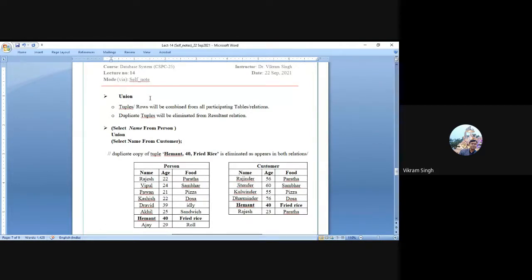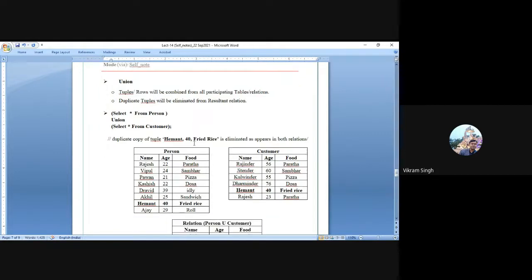So whenever we use the union operator, in each subquery, in each subset, the result of the first query could be one set, and the second query will generate another set. So you need to see carefully what the resulting domain of values in these subqueries will be. Only then can we perform a union. Only then will the system or query processor perform the union, right? So the union of these two queries will be the combination of values in the specific attributes from both participating database tables, right?